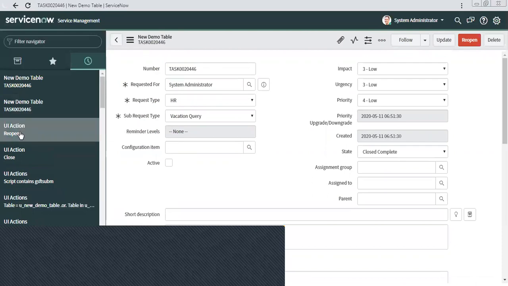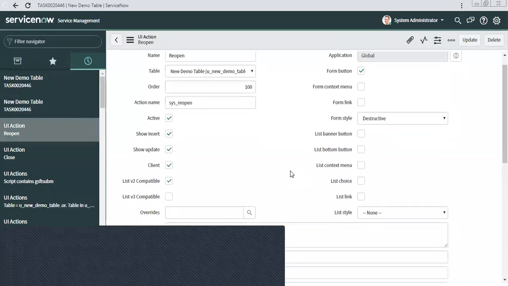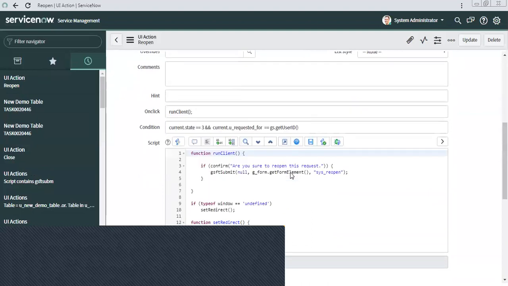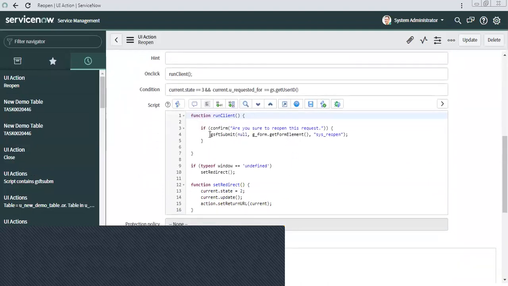That click from the backend, this gsftSubmit used to do. That is what this function does. As soon as your client side code runs, that basically runs when you click physically on the button. And once your client side code finishes, then to switch to the server side code, we need to write this line at the end.